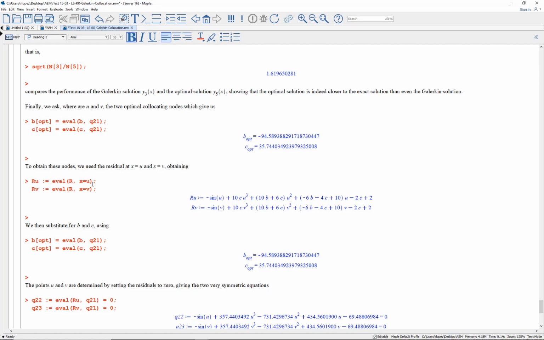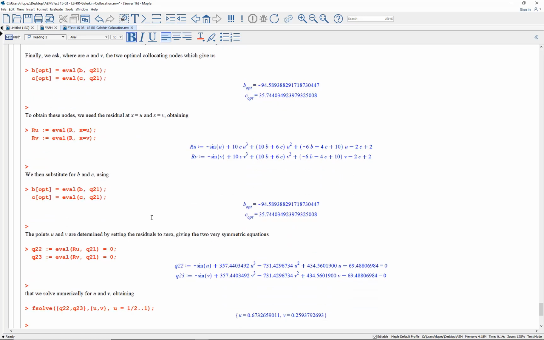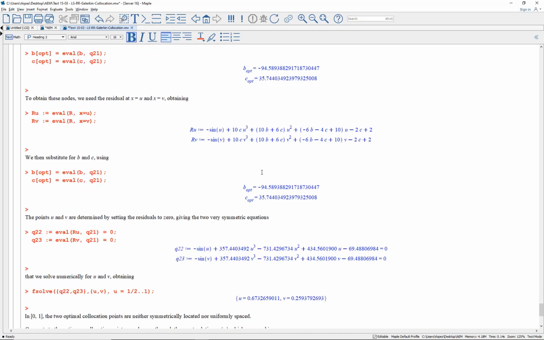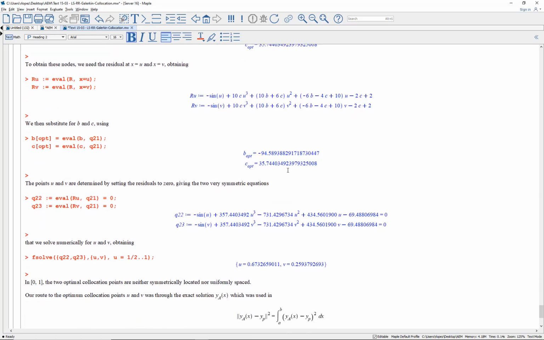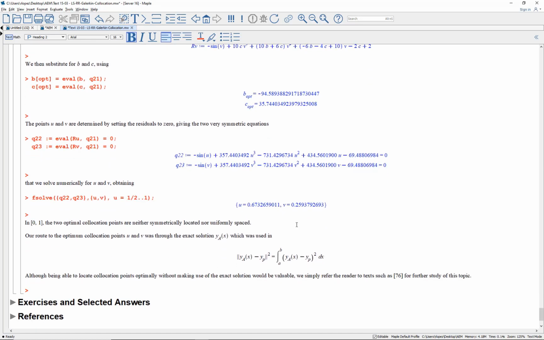I'll call those the coordinates U and V. So this is what happens when you substitute U and V. You get these two expressions for the residual. Evaluate these two expressions at these optimal B and C values and solve for U and V. And the U and the V that you get are these two,